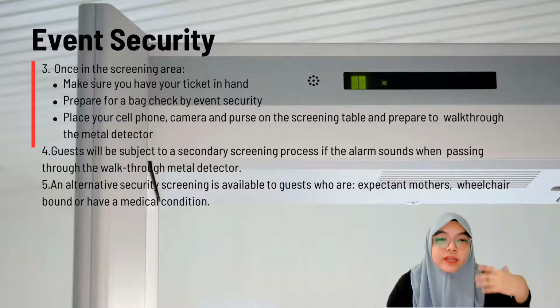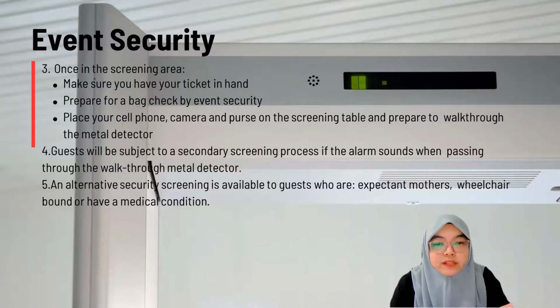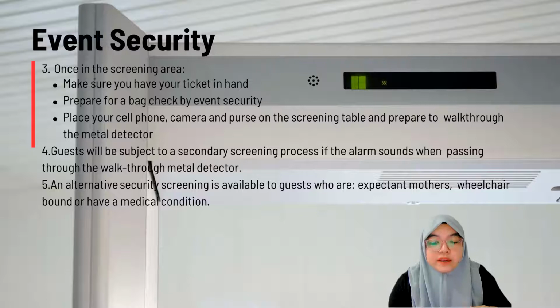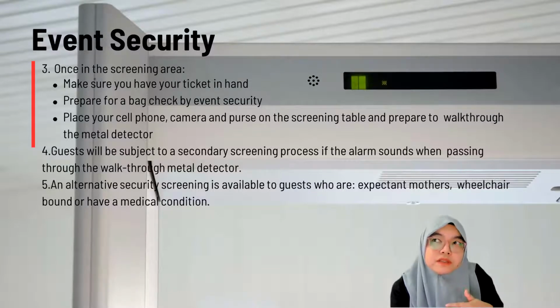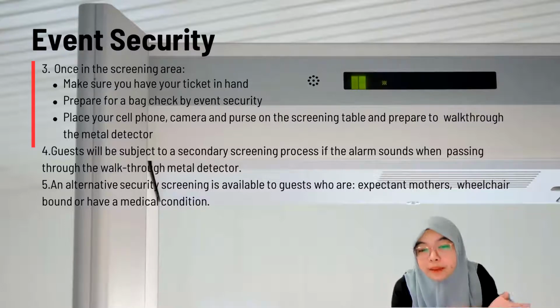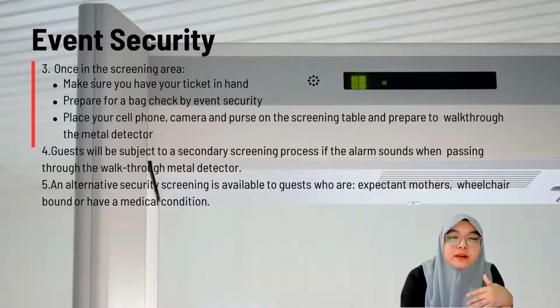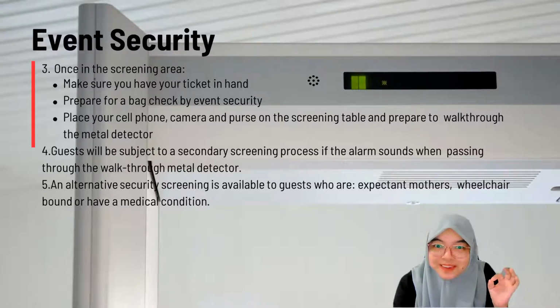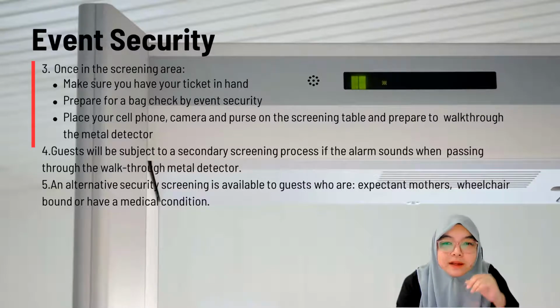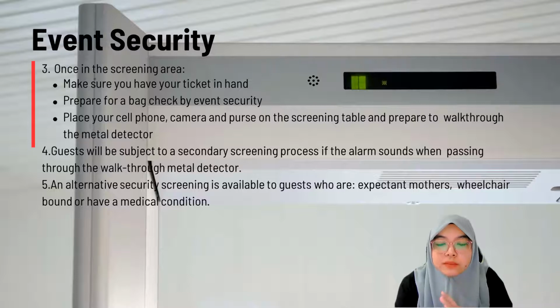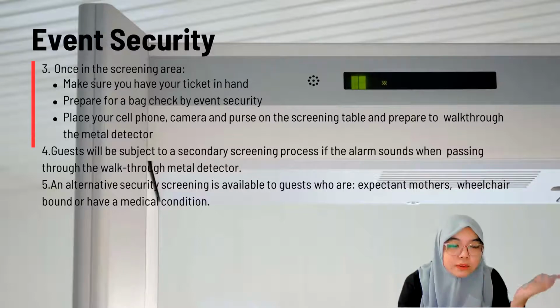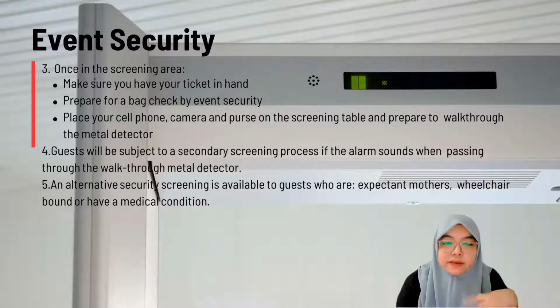Because we need to ensure there is no prohibited item on your body. Okay, I have this one situation when I was normally at the airport. At Madrid airport in Spain, I went through the metal detector. Suddenly the alarm was beeping, and one lady officer came and said,